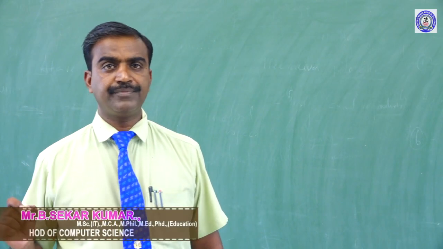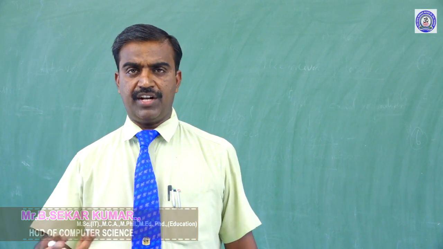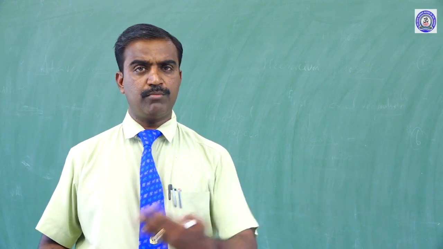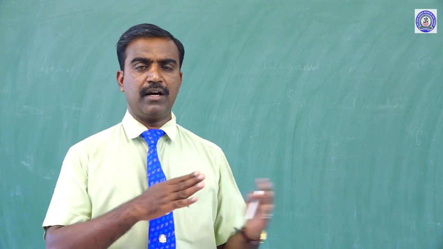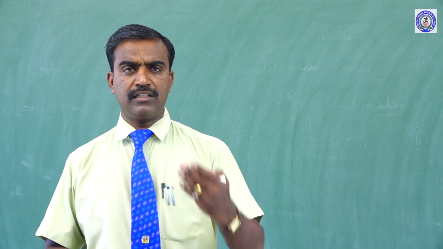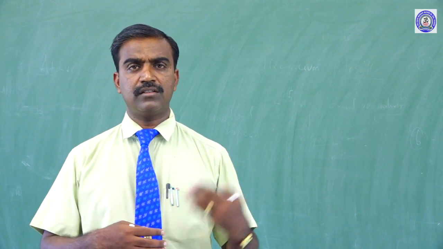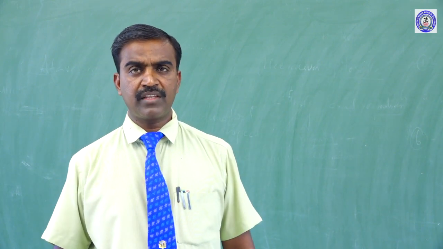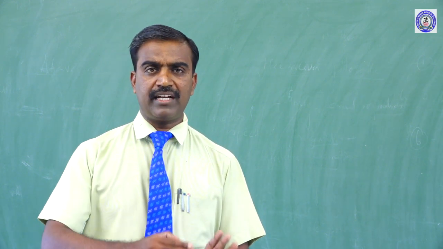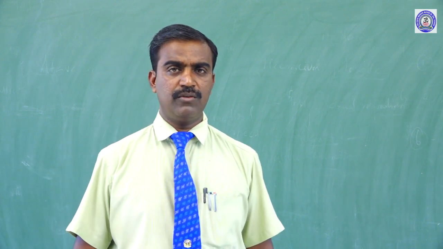Good evening, children. Today we will come to another method of conversion. Sir, what conversion, sir? Already we saw decimal into binary and then binary into decimal and then decimal into octal and then octal into decimal. These types of conversion already we learned. But today, given a decimal number, how can we convert it into hexadecimal? Okay, we will see.